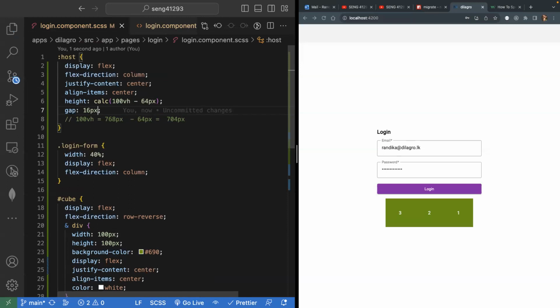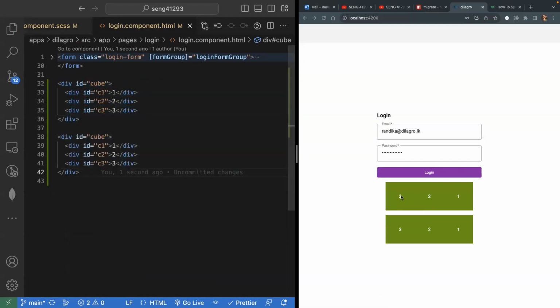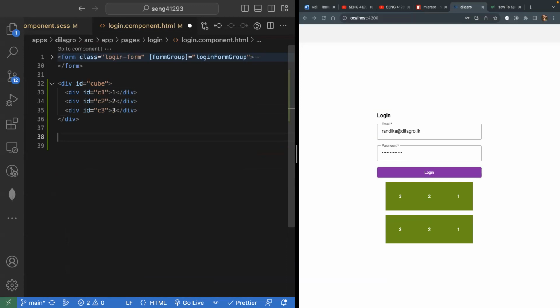So whenever another child comes in, it will have the 16 pixels. So I don't have to say cube to have 16 pixels. If for some reason I have another element in here, let's say it's a simple paragraph or h1,